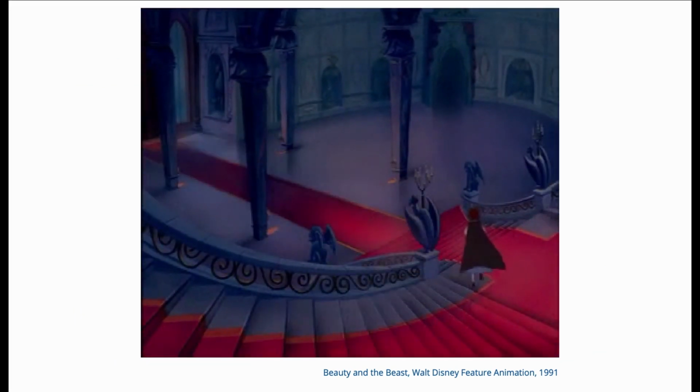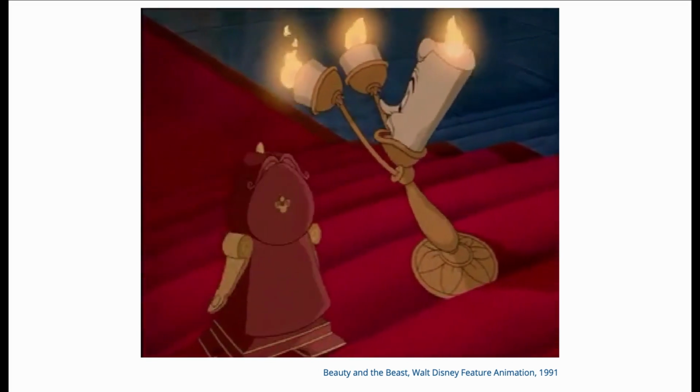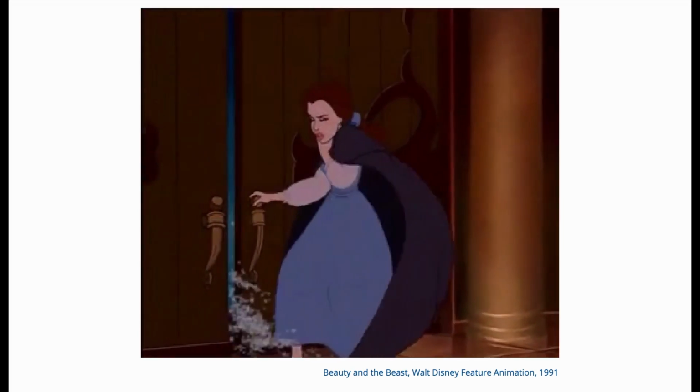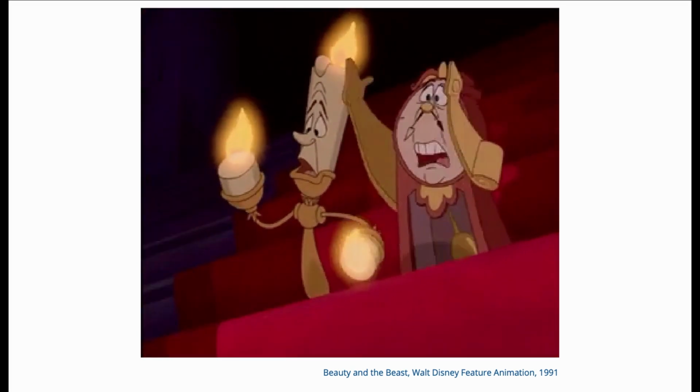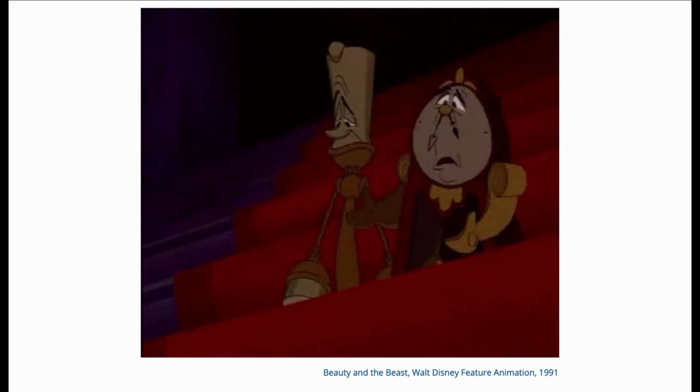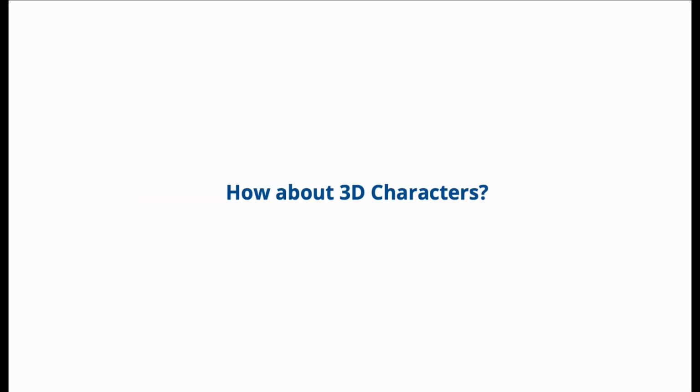So she rushes down the stairs, jumps over these two, and then goes out the door, right? Exactly how it was planned in the storyboard. So you can see even a small sequence like this takes a lot of planning.